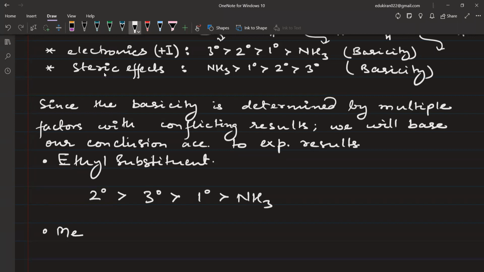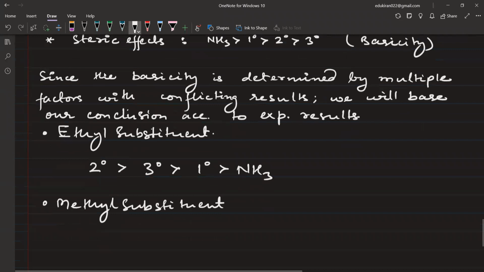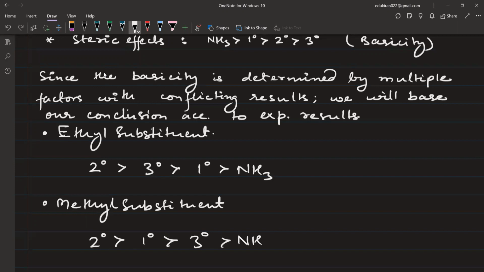If you have methyl substituent, अगर आपके पास methyl substituent है, then in this case you are going to have 2 degree amine that is going to be the most basic, followed by 1 degree amine, followed by 3 degree amine, and then followed by NH3. ठीक है? अब किस लोगों को अगर ethyl substituent methyl substituent से नहीं समझ में आ रहा है,